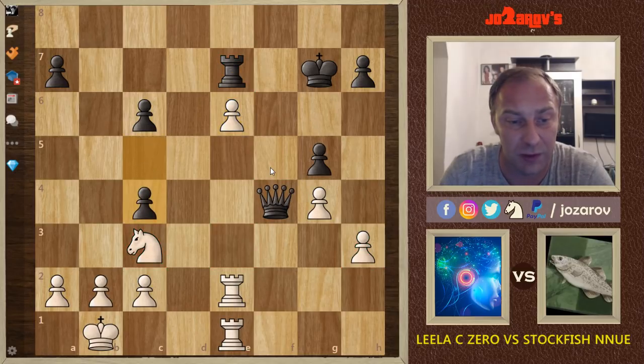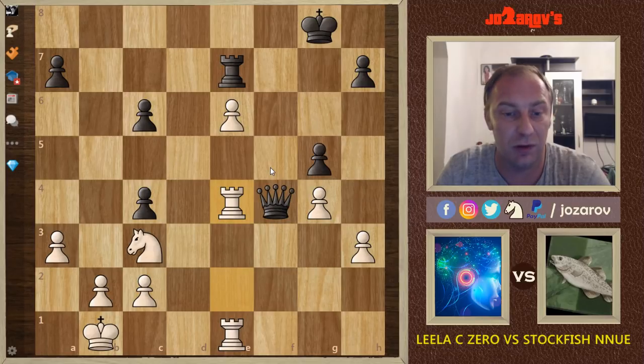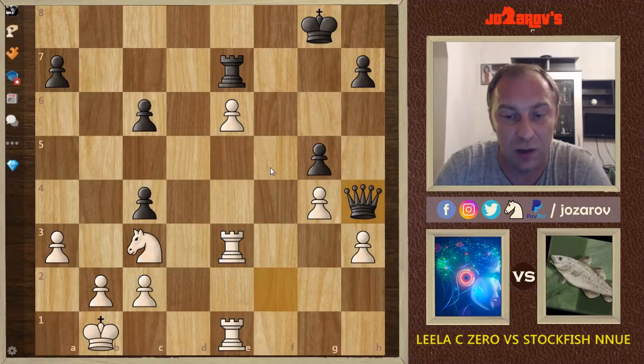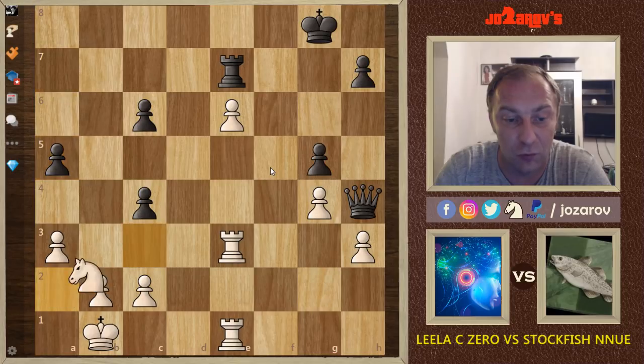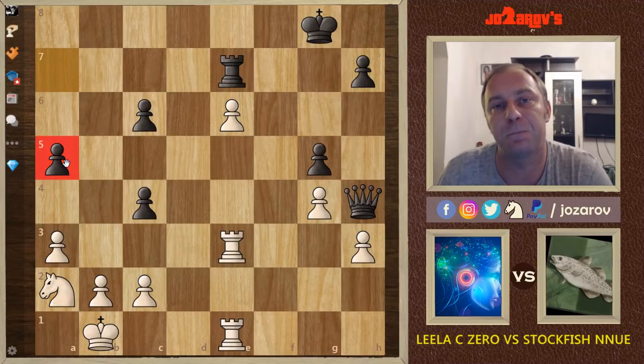So c4 played by Stockfish, we have a3, king to g8. I'm going to skip these moves a little bit faster now, because we understand the strategy of this endgame. So let's see now how Leela Chess Zero applied this strategy. Here, queen to f2, we have rook to e3, queen to h4. Now again a remaneuver of the knight. Very important move here, this move knight to a2, because it forces again a pawn move by Stockfish NNUE, and